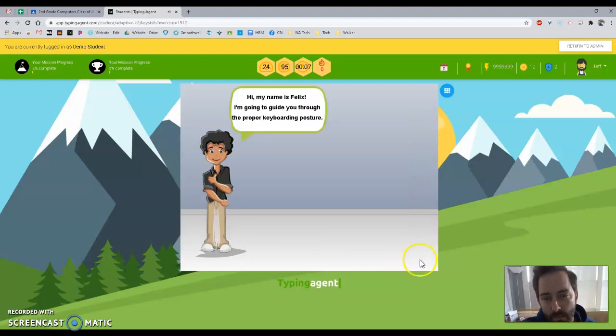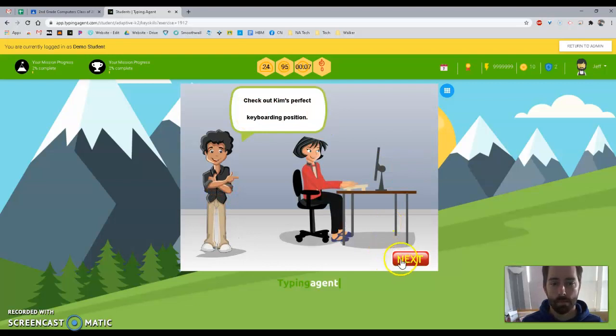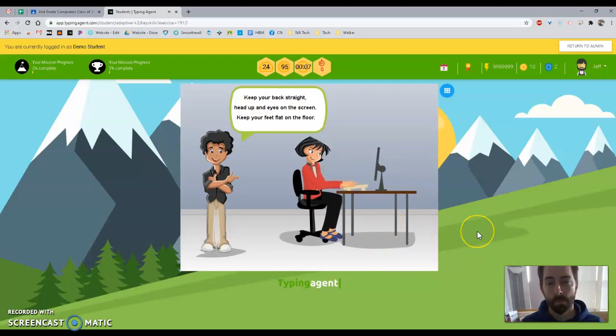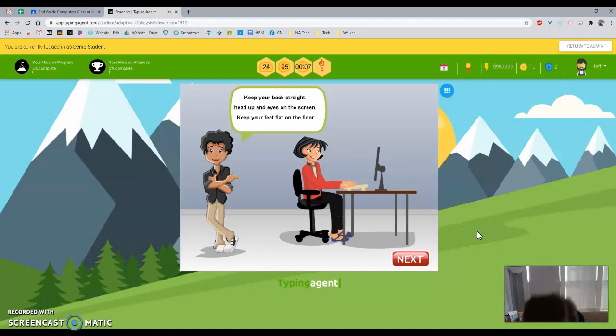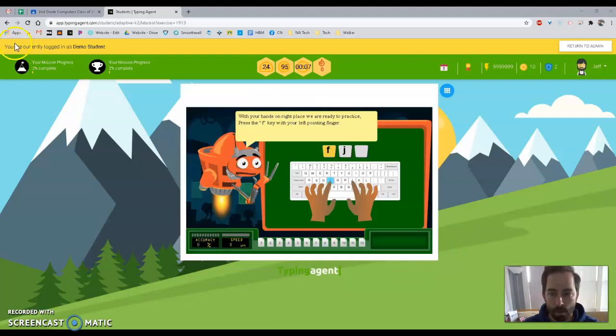Hi, my name is Felix. And Felix is going to walk us through how to have good posture whenever we type. Check out Kim's perfect keyboarding. Next, keep your back straight, head up, and eyes on the screen. Keep your feet down flat on the floor. Next, your keyboard, wrists, elbows. And once you learn posture with Felix, you're going to go to next and continue to the next lesson,